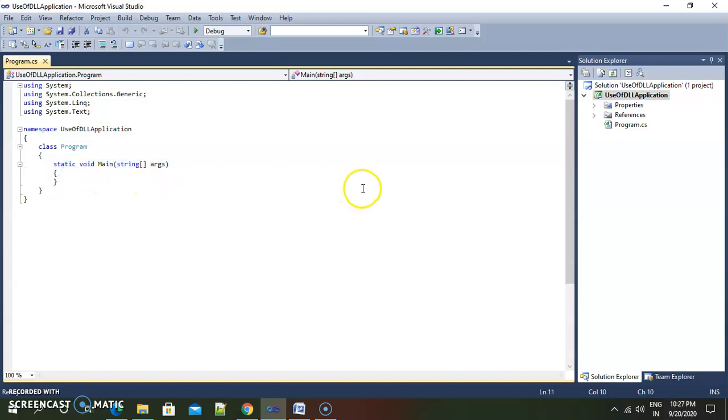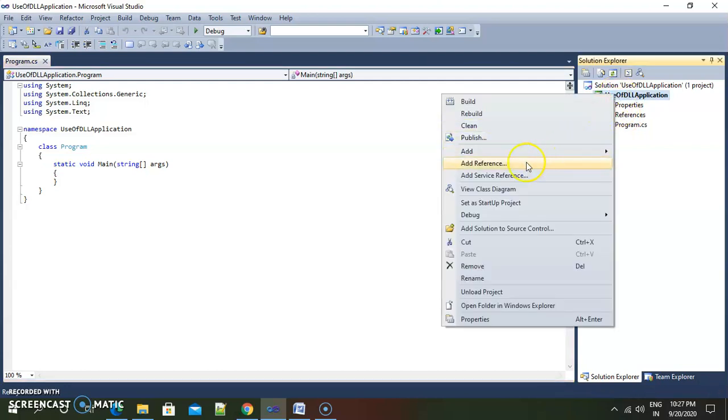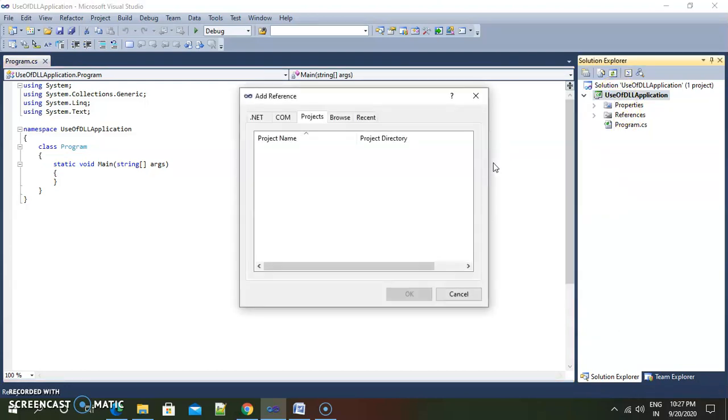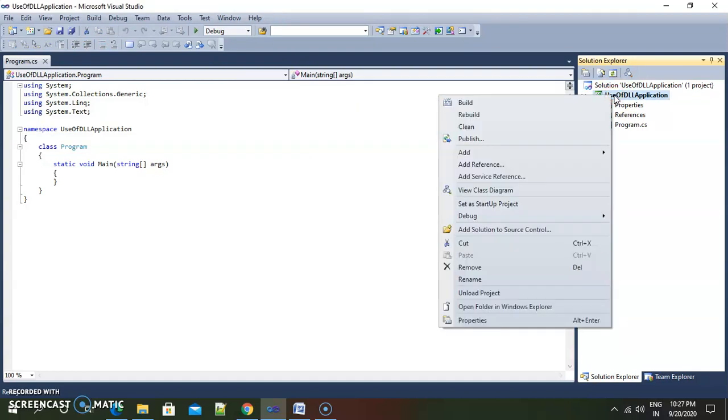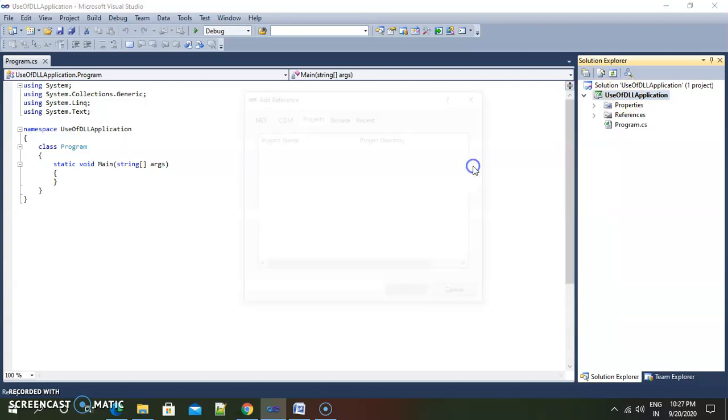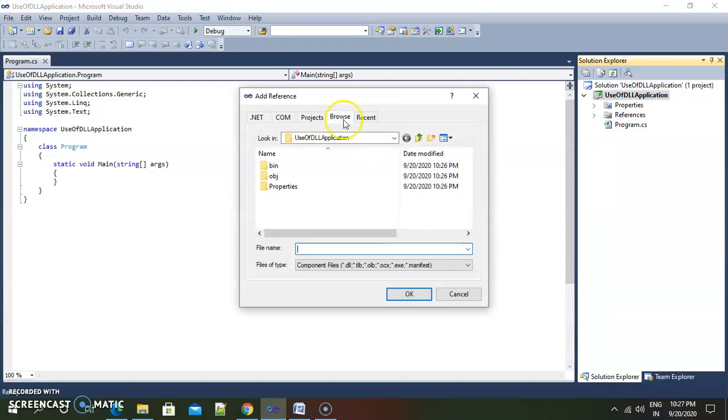Now if we want to use that student library which we have already created, we need to add it here. First we need to add that library. So what I am doing here: click on your application and add a reference, click on add reference, then click on browse, then go to your student library project and go inside the debug folder.